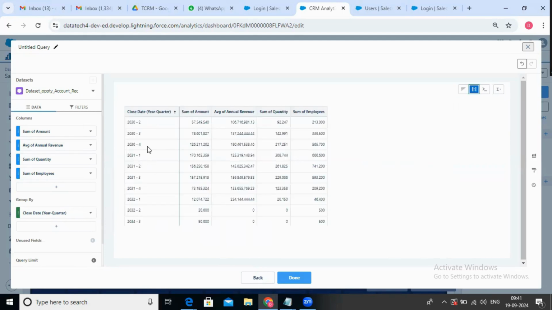So you can see we have some data on previous fiscal years, or future fiscal years, right? 2023 starts with 3, and 1, 2, 3, 4, and 1, 2, 3 we are having for all the fiscal years. But one thing we need to know is whether all the data is available for only this particular